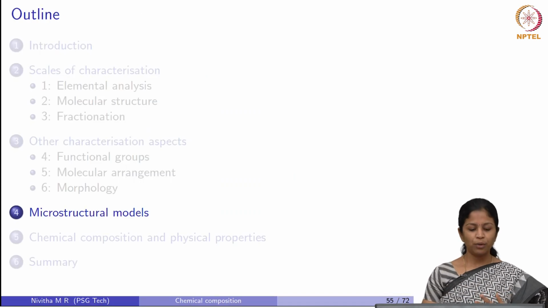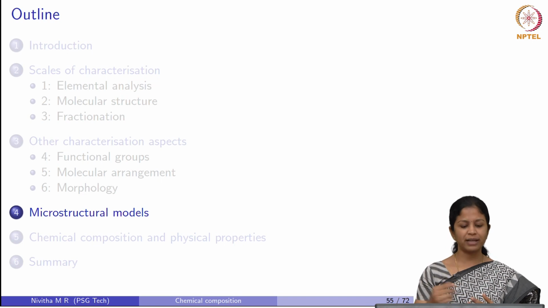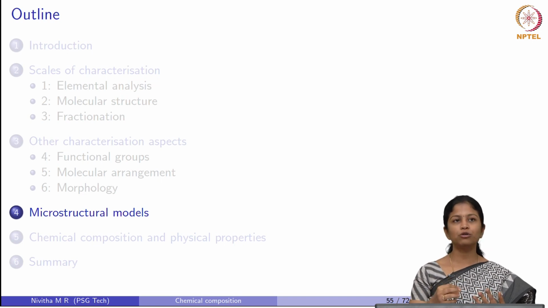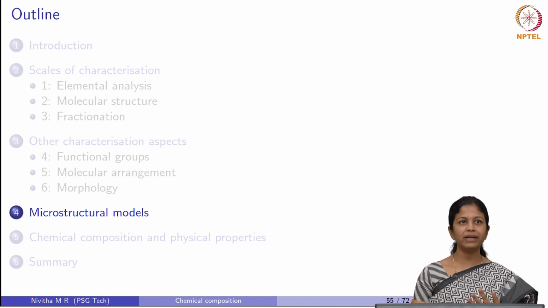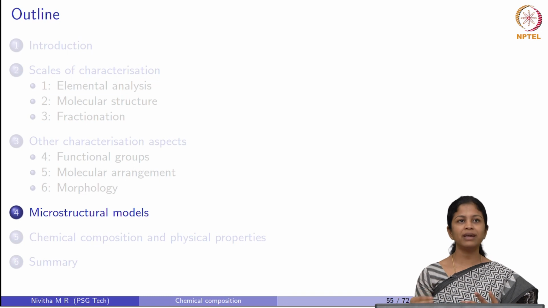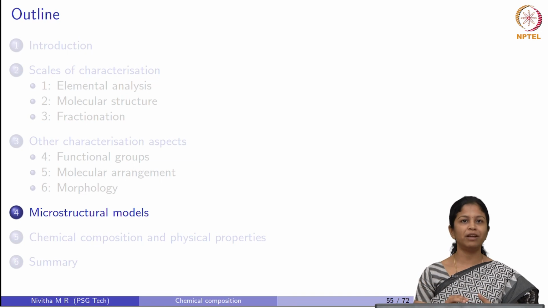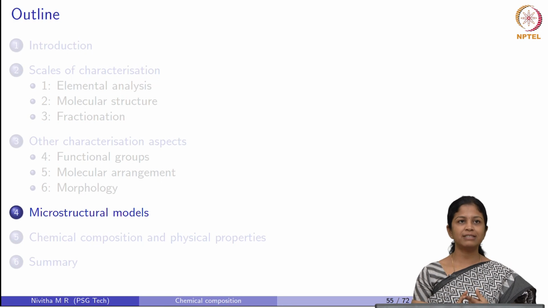So, in this lecture, we have seen what are the different techniques which are available for fractionation of bitumen, and then we also focused attention on a few other techniques. We have seen how functional groups in bitumen can be specifically identified and how they are used. We also saw how the molecular arrangement of bitumen is characterized using amorphous and crystalline fractions, and how DSC is used to capture the thermal events in bitumen. And we also saw a few microscopic techniques which are available for bitumen, and we focused on fluorescence microscopy, environmental scanning electron microscopy, and atomic force microscopy.